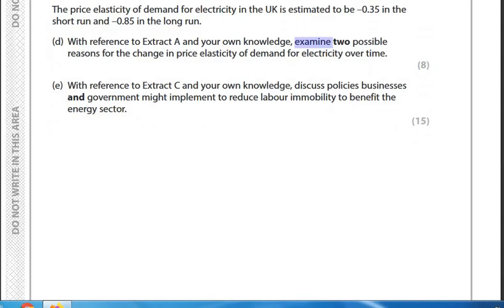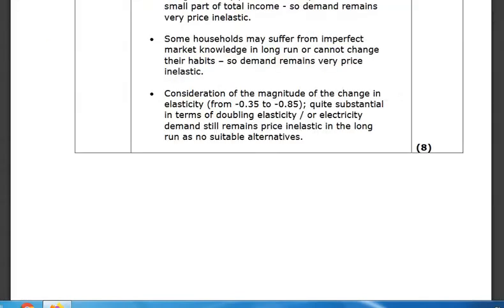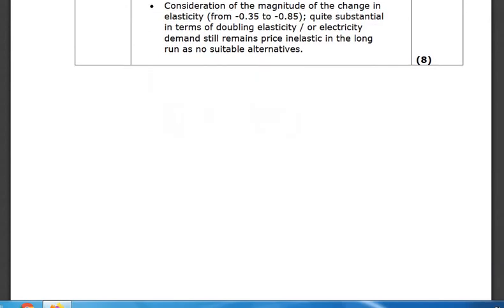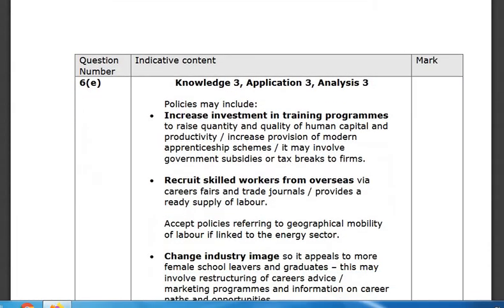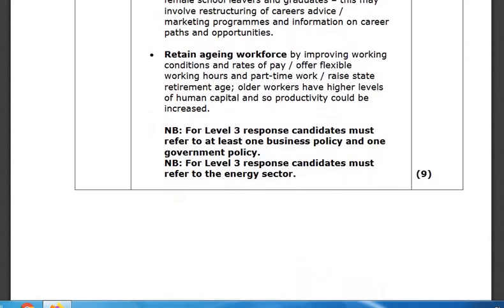With reference to extract C and your own knowledge, discuss policies businesses and government might implement to reduce labour inability to benefit the energy sector. So this is definitely a theme 3 topic. The command word is discuss, it's marked out of 15. So we go back here to a levels of response mark scheme. So again, copying out the mark,